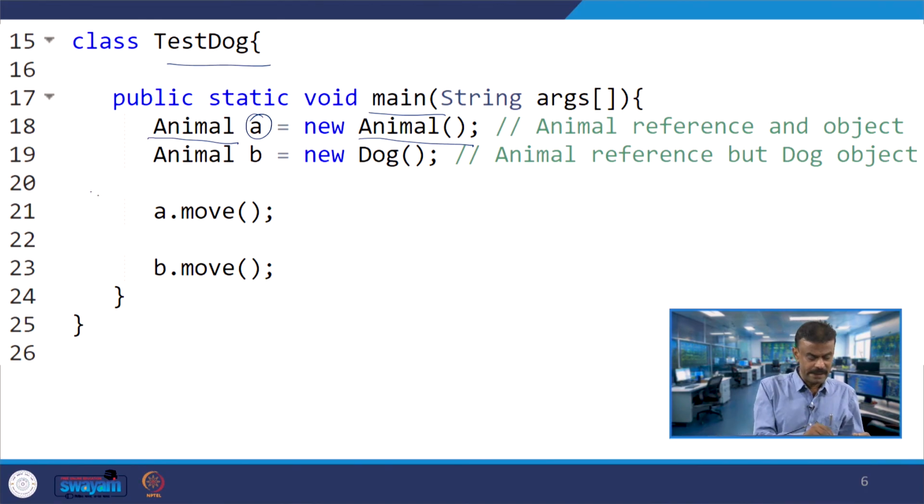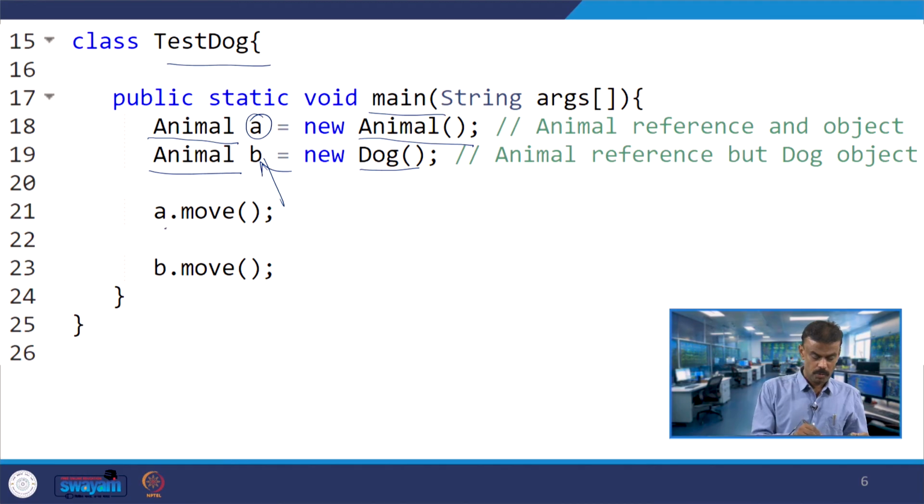Whereas in line number 19 you have an object B, whose class is Animal, but when you talk about the object, it is a Dog object. So the reference is Animal, but the object is Dog.